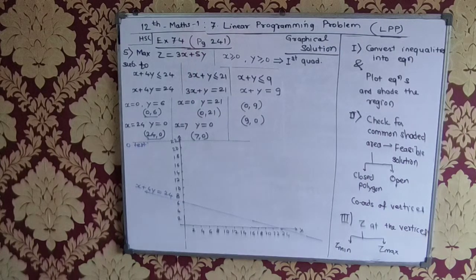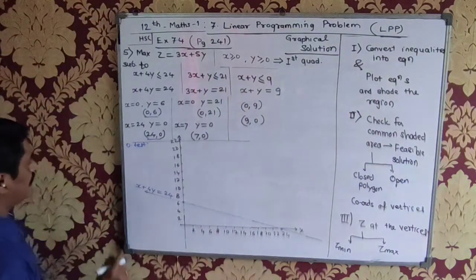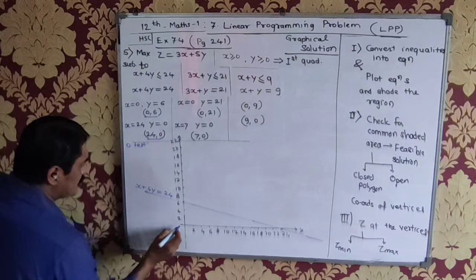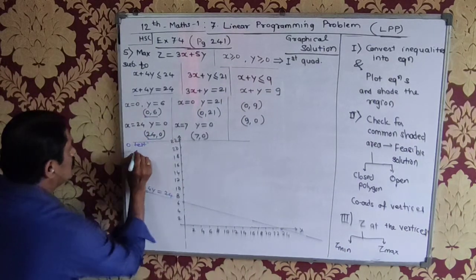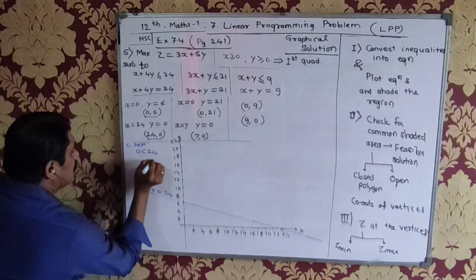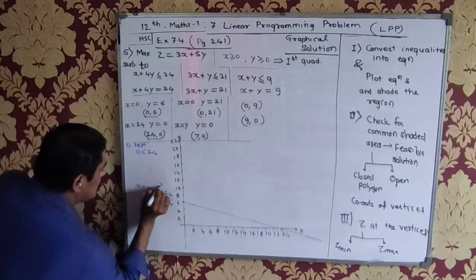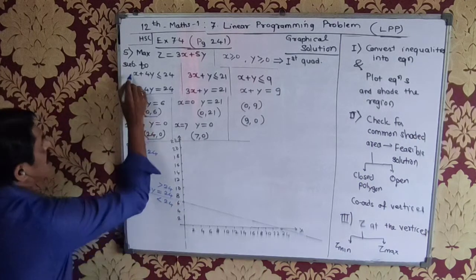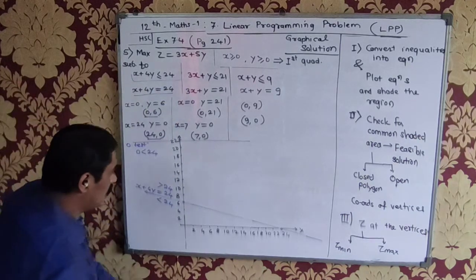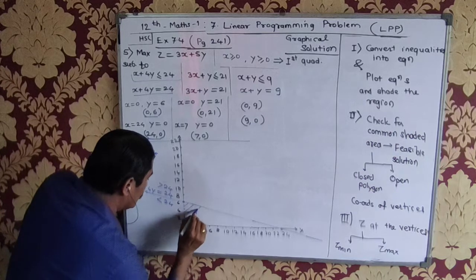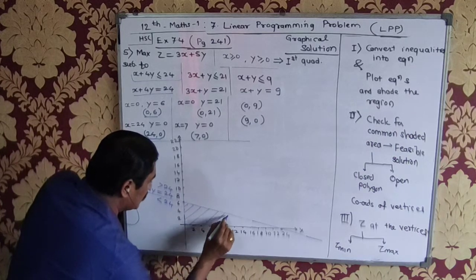ओरिजिन टेस्ट का मतलब है कि यहाँ पर मैं ओरिजिन के कोऑर्डिनेट सब्स्टिट्यूट करूंगा, तो 0,0 इसमें सब्स्टिट्यूट करूंगा, this will become 0 less than 24. That means all the points on the origin side are less than 24. Above this will be greater than 24. And I am looking for less than or equal to 24. So it will be the set of all the points on the line, below the line, in the first quadrant.